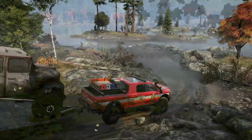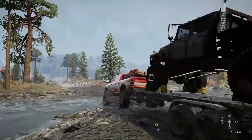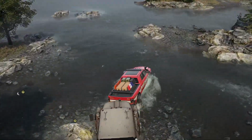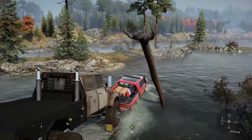I gotta say, though, I'm really glad that we put the power tune on this Ram before we headed out. We're definitely using all of the extra beans that this 6.7 Cummins has to offer. Come on. Whoa, easy. All right, I might keep it out of high range. Ooh, this is gonna be...